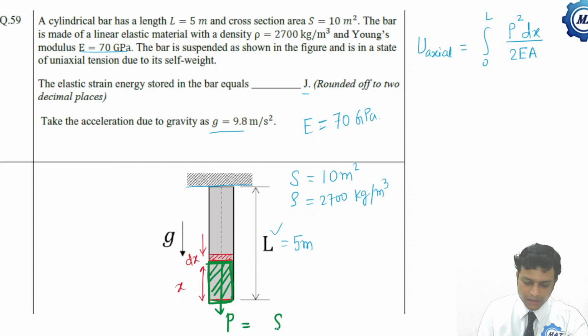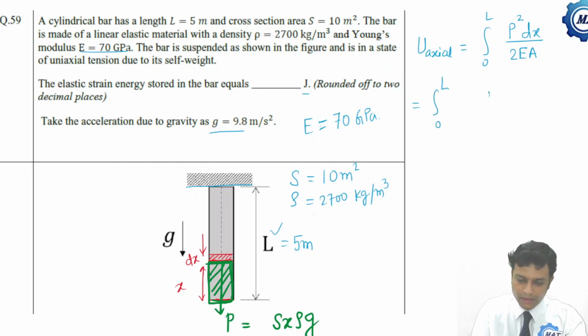That is S into X. Then rho is the mass, then G, that is the total load. So let us put now here: integral 0 to L of (S X rho G) square dx